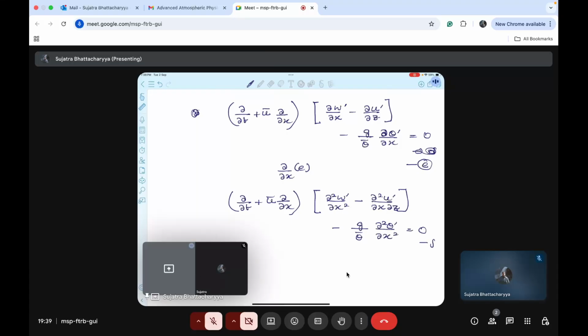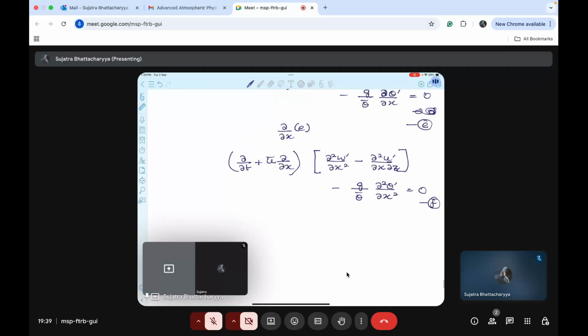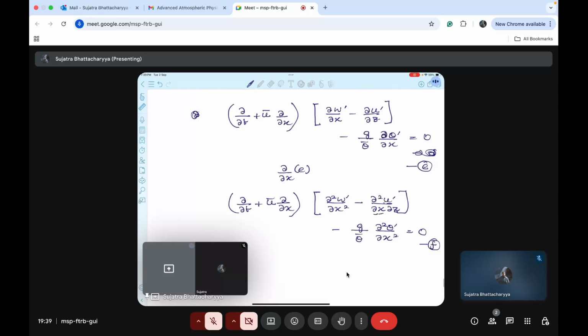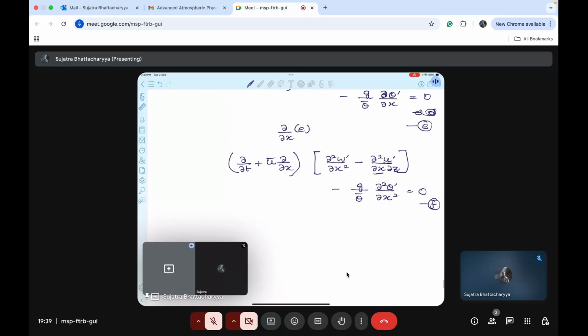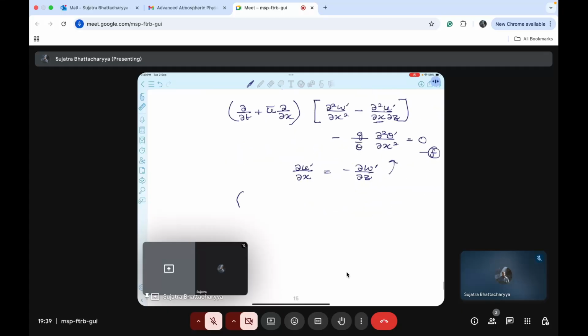This becomes F. All right. Now look at this delta u dash by delta x. Can this part be written as delta w dash by delta z? So delta u dash by delta x can be written as minus delta w dash by delta z. Put that in this, and we finally get